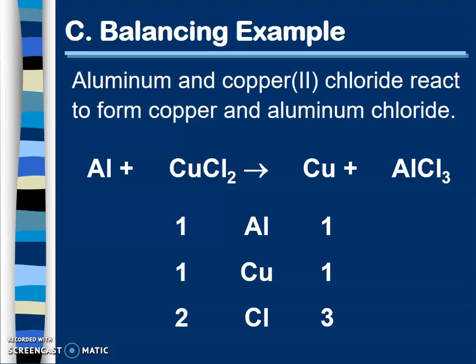So to do that, we want to find a number that they both have in common. So I have a 2 on this side, I have a 3 on this side. What number do both 2 and 3 have in common? Hopefully you guys are thinking the number 6. They both have the number 6 in common. So I can make both sides have 6. Okay, to do that,